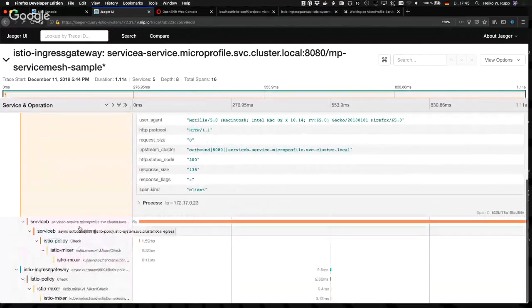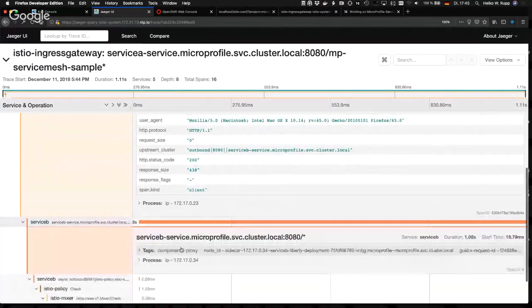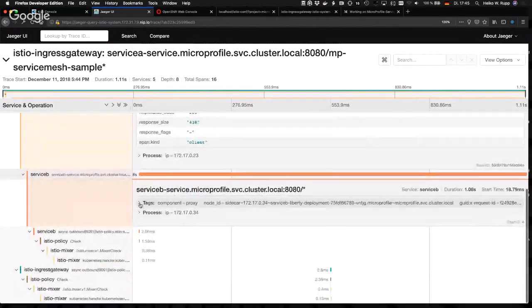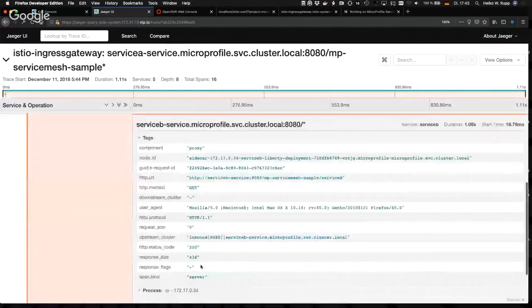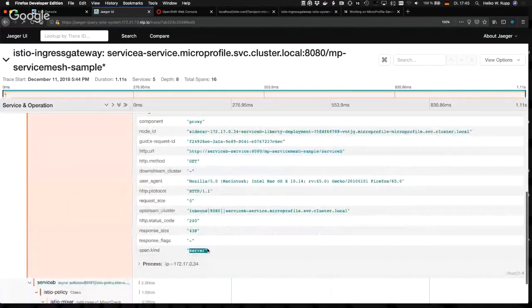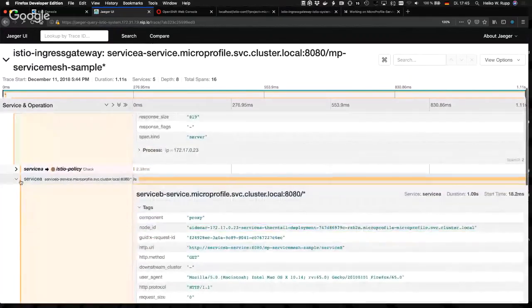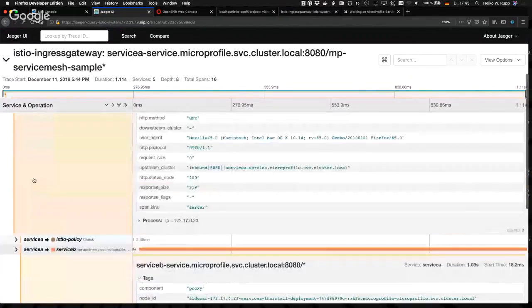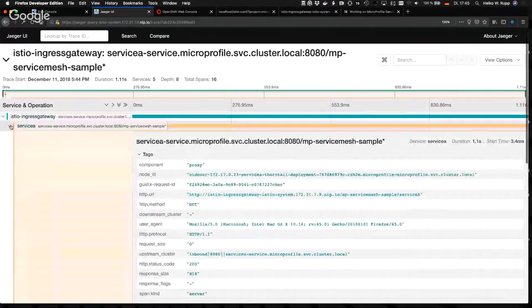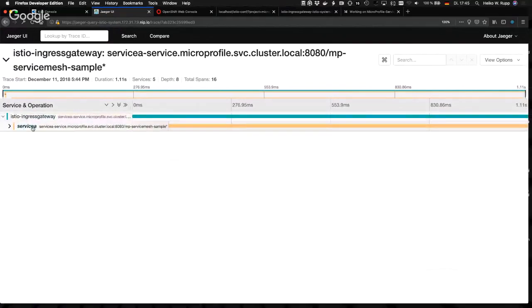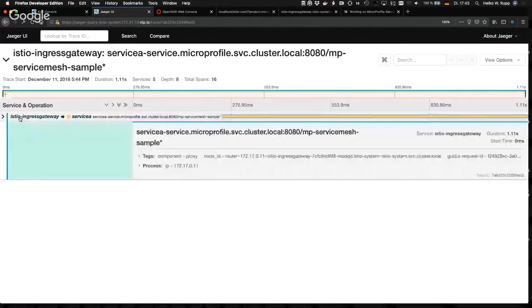Service B is also making some checks. So we should be in the server span of service B. Yes, server and inbound. And it's, I think, also doing some checks. Let me collapse this. Okay.